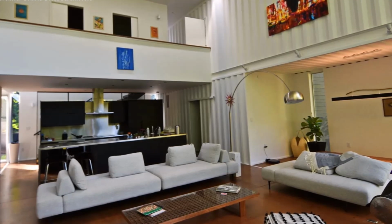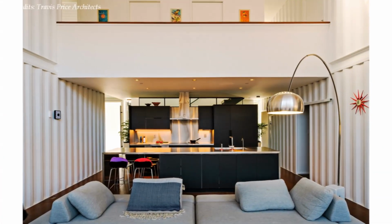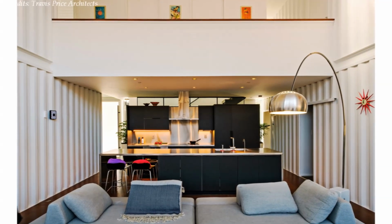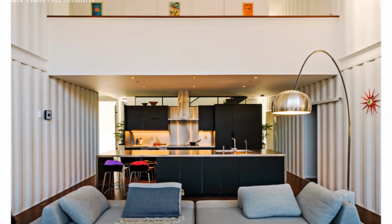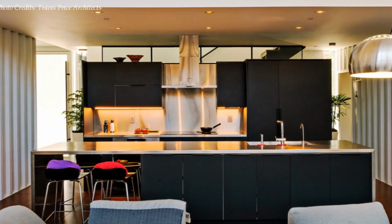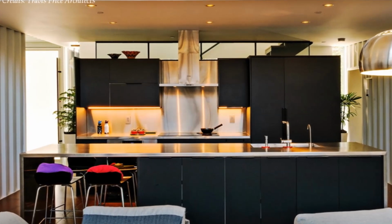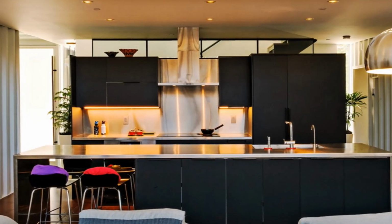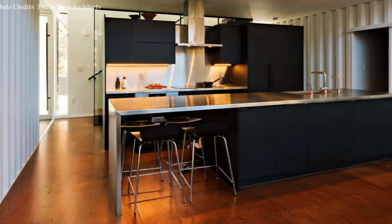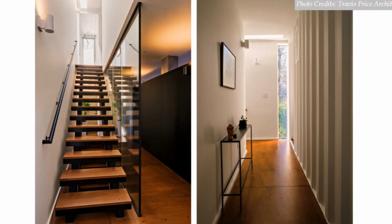to more intimate rooms. At one end of the main living area is a modern-style kitchen fitted with IKEA black painted cabinets fabricated from recycled materials. The kitchen is equipped with stainless steel appliances and a gorgeous central island with a bar-style seating for a small gathering. On one side of the living room is a modern floating staircase that leads to the second floor story